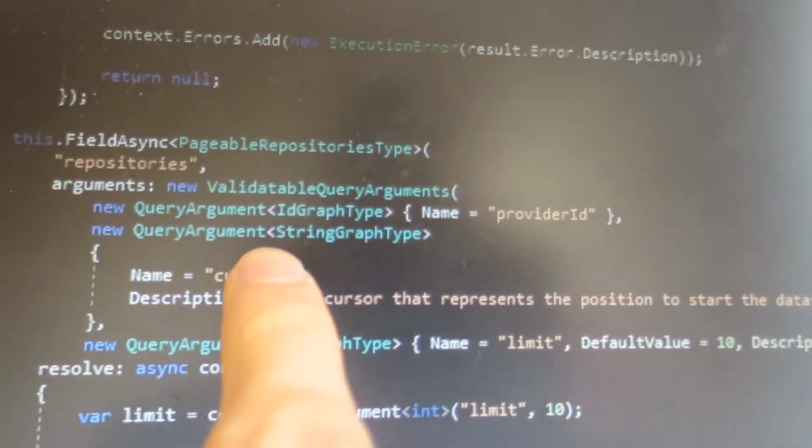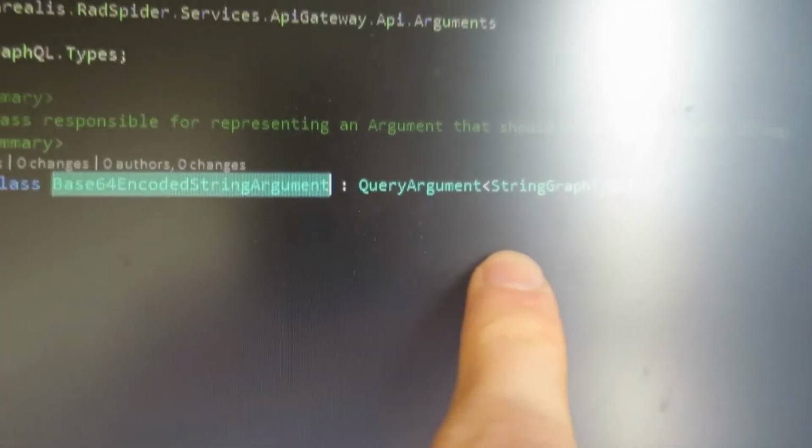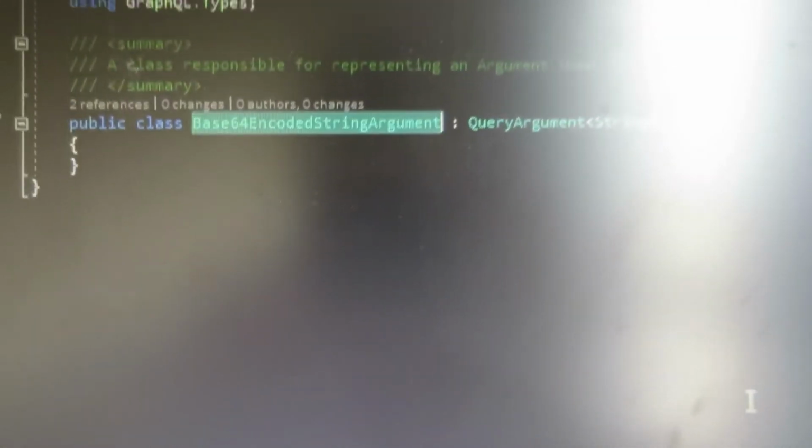So here, this is a query argument string graph type, but this one is just one of those. It's basically the same thing, but I'm using types to do that. So I can do it like that, and that's alright, and I can build the validation rules I need. But what I wanted was some kind of way of writing it in line, where I could say I want a string, and I want these rules to apply to it. Because you can imagine a world, that limit, I don't want it to go lower than 0. What if I wanted a higher limit?